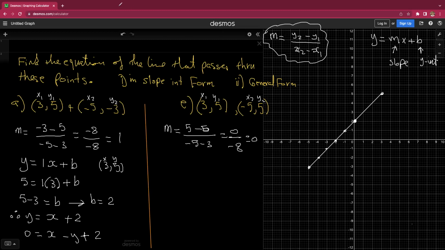Now let me just plot these 2 points. Okay, so we have 3 and 5. 3 and 5 is right here. Let's use a different color of pen. 3 and 5 is right here. And the other point is -5 and 5, which is right there. Now, if I connect the 2 points with a line,